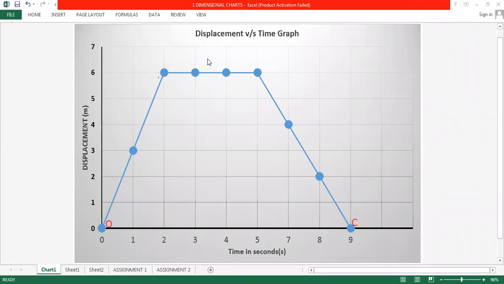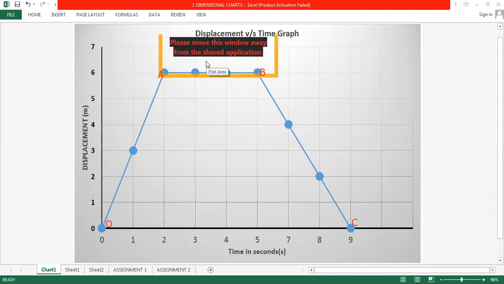No, beta, Ruchir, you are making a mistake. Ruchir and Monish, you are making a mistake. I want you to find the velocity during OA, and during OA, it is a uniform velocity. Now you want to find the magnitude, you find the slope of this line. Okay, and how will you find the slope?